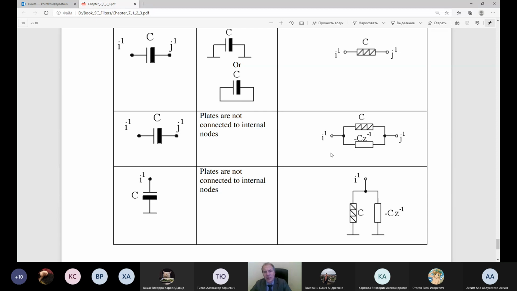And the reason is that on the second phase, you can see that the plates are not connected to internal nodes. In other words, there is no recharge